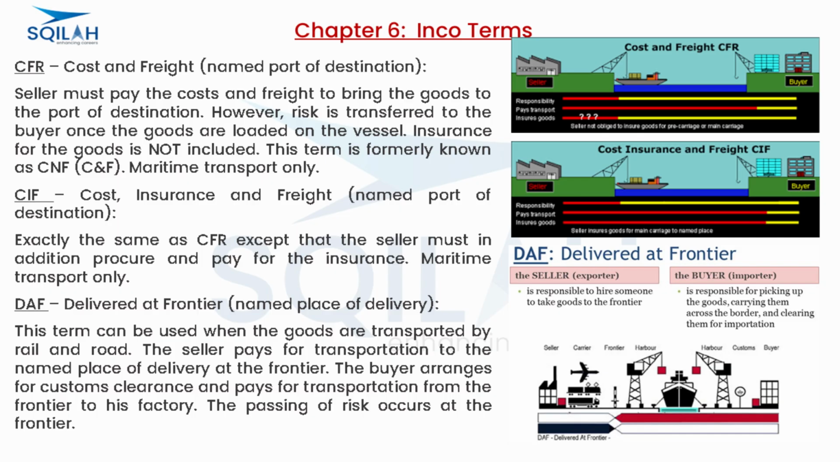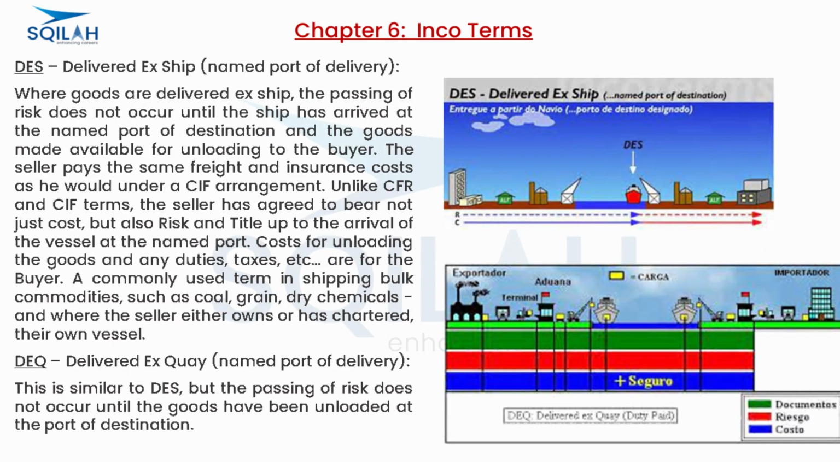This term can be used when the goods are transported by rail and road. The seller pays for transportation to the named place of delivery at the frontier. The buyer arranges for customs clearance and pays for transportation from the frontier to his factory. The passing of risk occurs at the frontier. DES, delivered ex-ship,